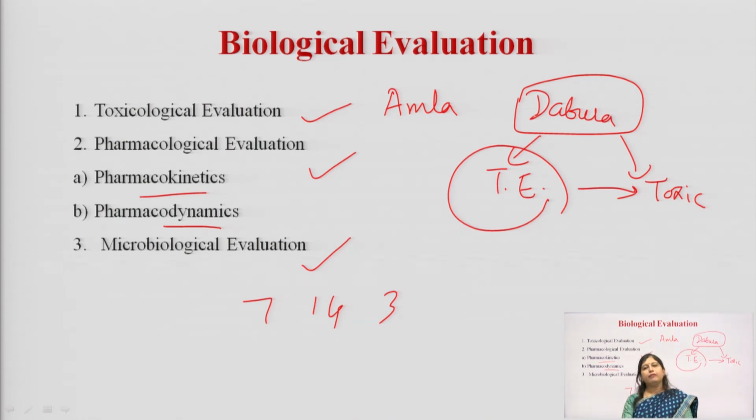For example, if we take a drug and it remains in the body for a long period of time, then what will happen is that the body will start retaining those things in the liver, in the kidney, there will be liver damage, there will be kidney damage, and ultimately the patient will suffer. So, we should know that yes, this drug should get excreted in about 4 days, 5 days or less than that, okay, not more than that. The second thing is pharmacodynamics.